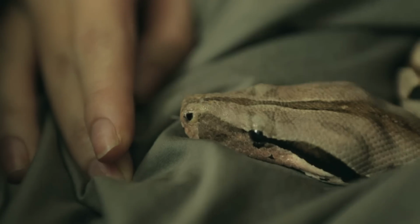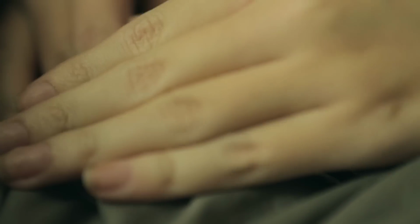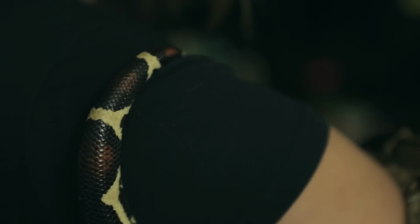She's about 3 years old, and my first impression of her was, with all new snakes I'm kind of nervous, you know, you never really know what kind of personality they have. But the owner brought her out of her box and he's like, "Here, hold her." And the moment I reached out my arms, she grabbed onto me and wrapped around my arm and then put her head on my shoulder. And I was like,